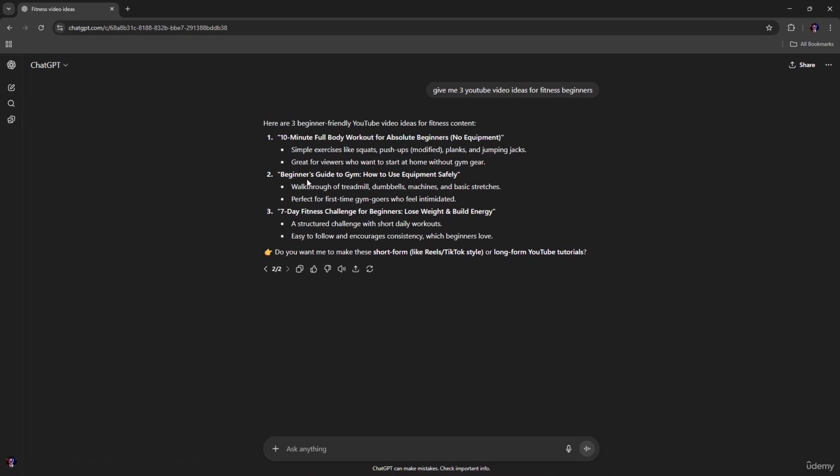Number two could be a beginner's guide to the gym, like how to use equipment safely. Number three could be a 7-day fitness challenge for beginners, to lose weight and build energy. And that's it. Now let's explore some real-world applications where ChatGPT and AI tools can be